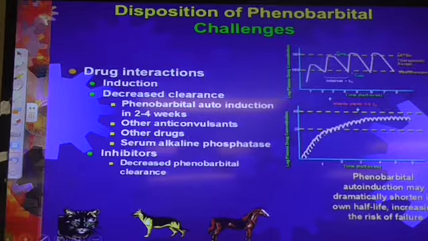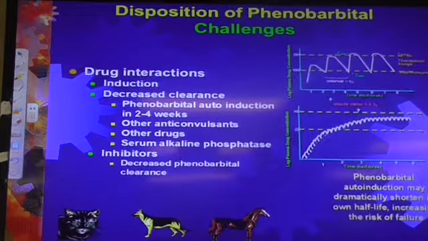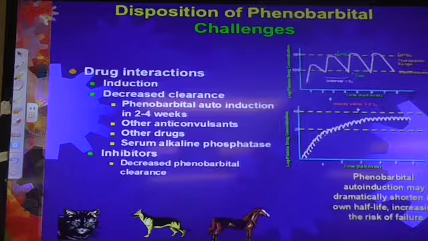Now the last point about this is phenobarbital is metabolized by the liver. If you use other drugs that inhibit the liver, phenobarbital is going to be hit. Now what do I mean by that? Do you remember any drugs that Dr. Judd told you that inhibit drug metabolizing enzymes? Chloramphenicol was one of them. Potent inhibitor of drug metabolizing enzymes. All of the imidazole antifungals, ketoconazole, fluconazole, itraconazole, they all potently inhibit the liver.